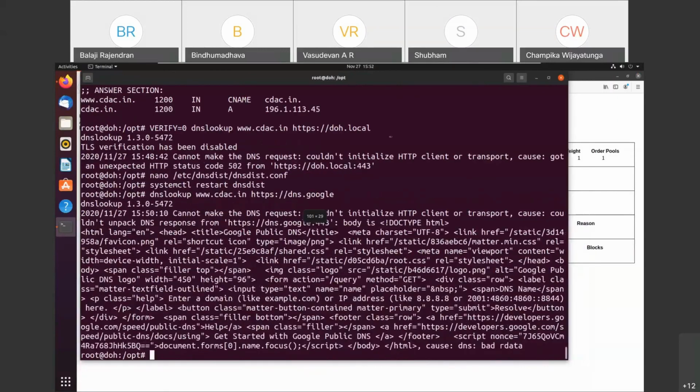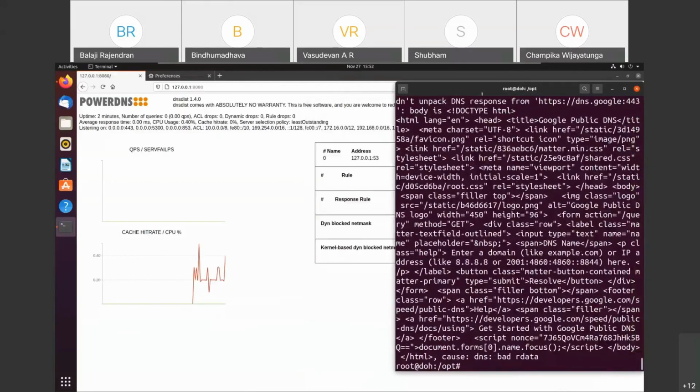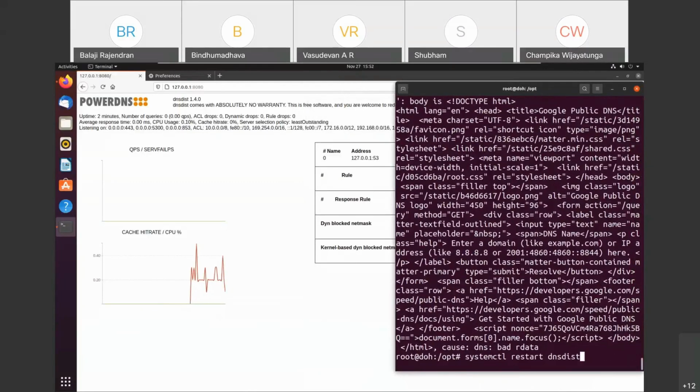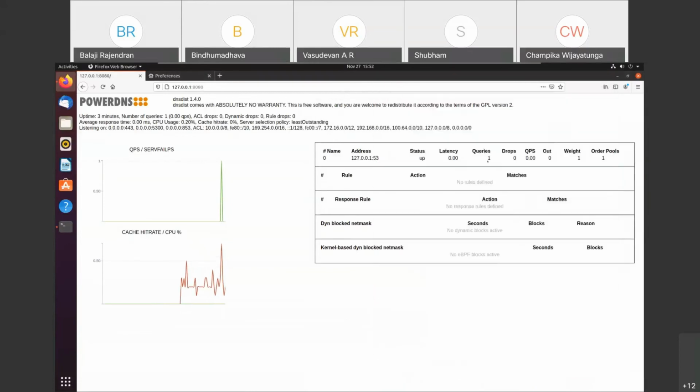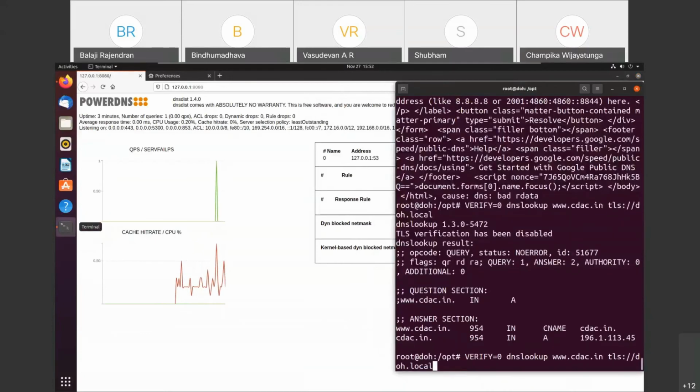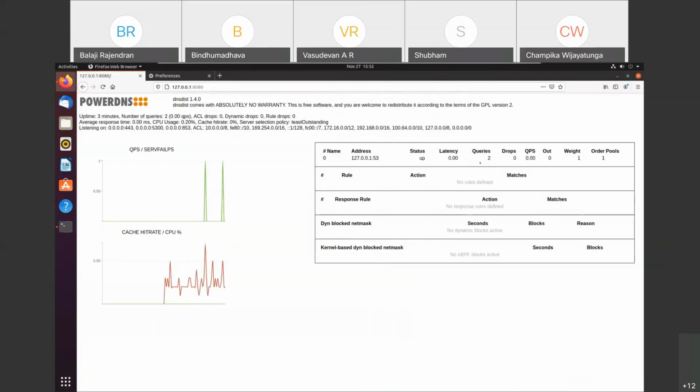Since I opened this interface, I have not done any query. So let me do some queries. As soon as I do a query, you can see the query count is increasing here. I can do it again for some other domain, and the query count will increase.